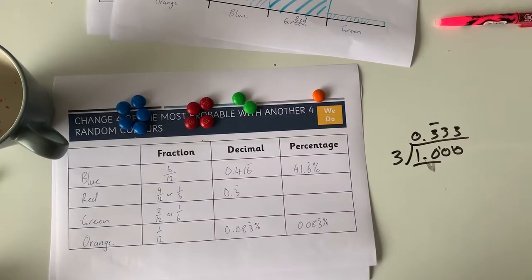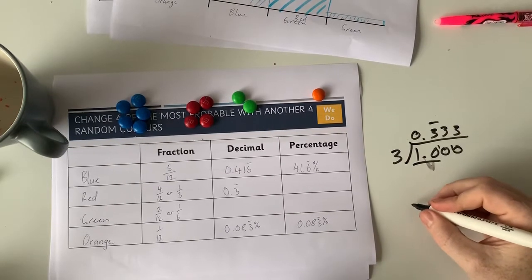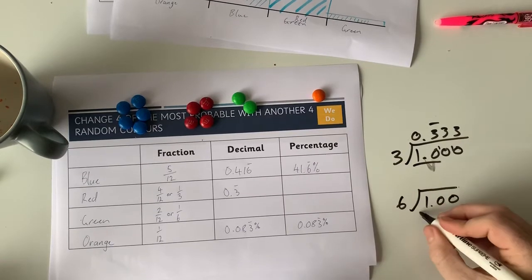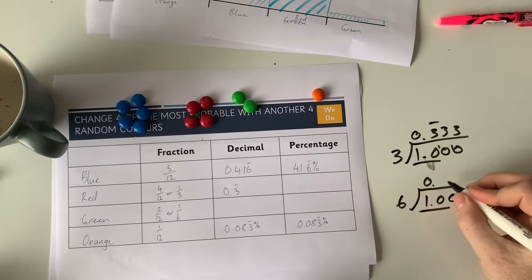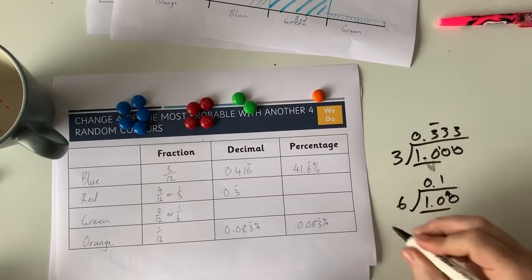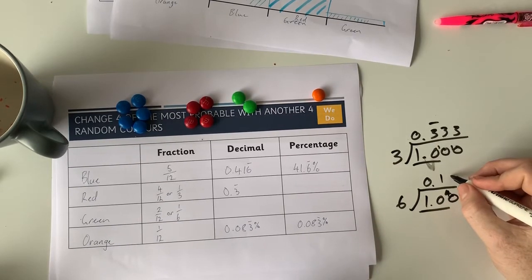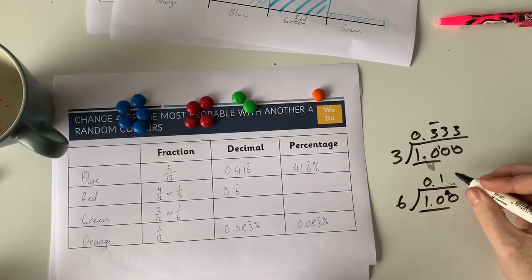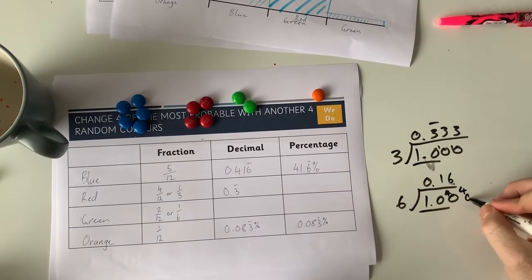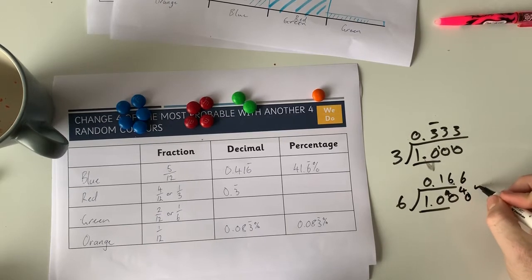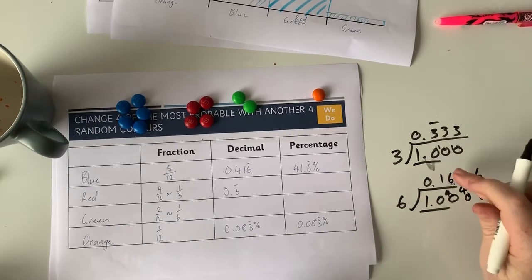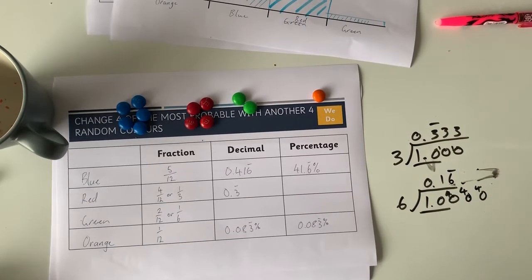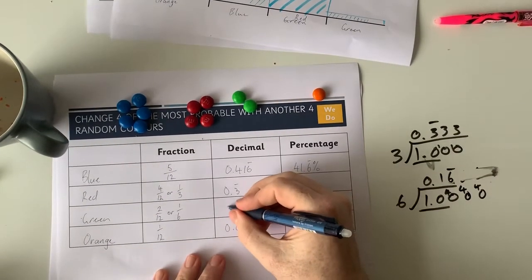And 1/6. 10. 1 times, 4 remainder, 40. 6 times, 4 remainder, 6 times, 4 remainder, and that would go on forever. So we can cut it off here. And we can write that as